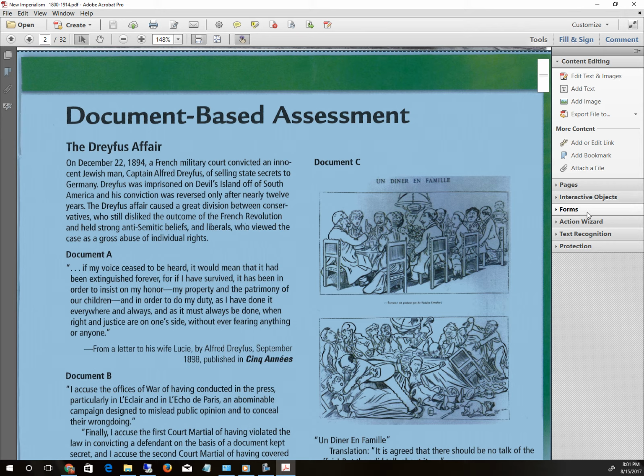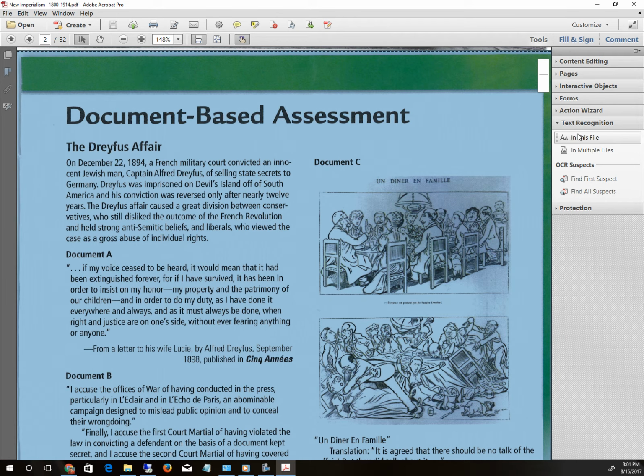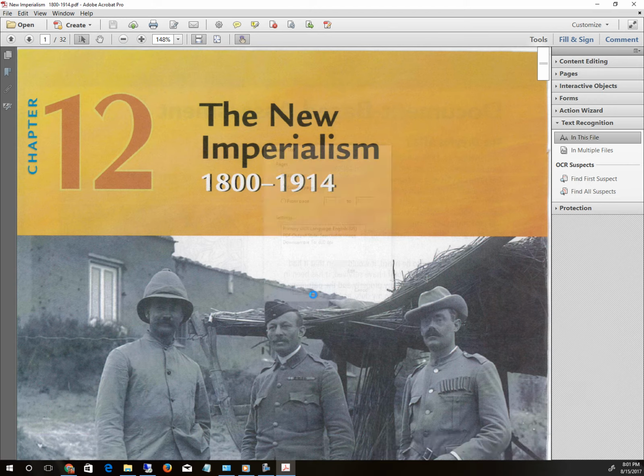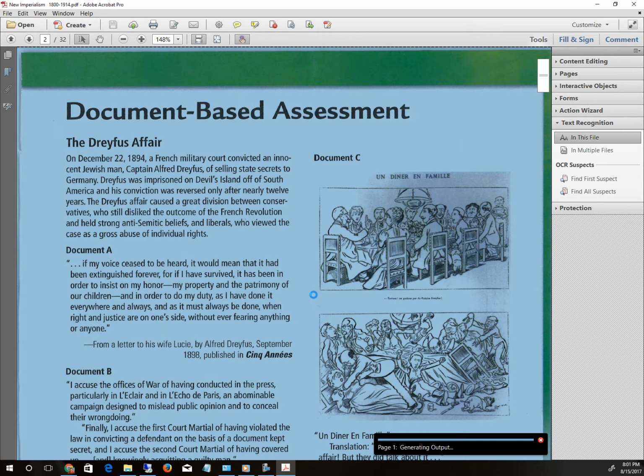So I'm going to go over to this side on the right where it says text recognition, and it says OCR this file. So when I do that, I get a little pop-up here that says, hey, do you want to do it to all the pages or just certain pages? So it's going to do an OCR in English. I say OK, and this process is actually pretty quick depending on your computer. It's going through the entire document,